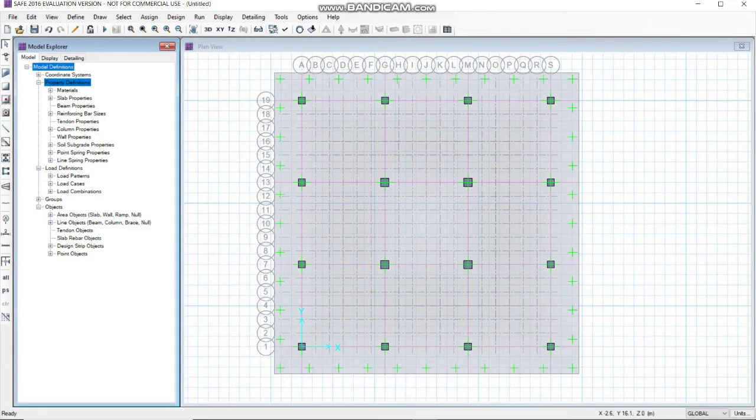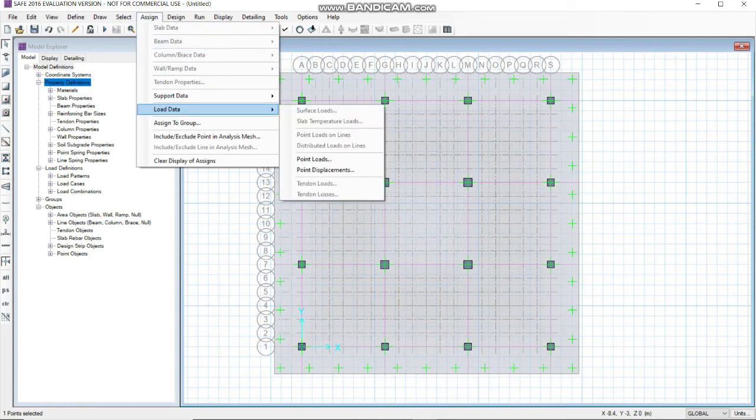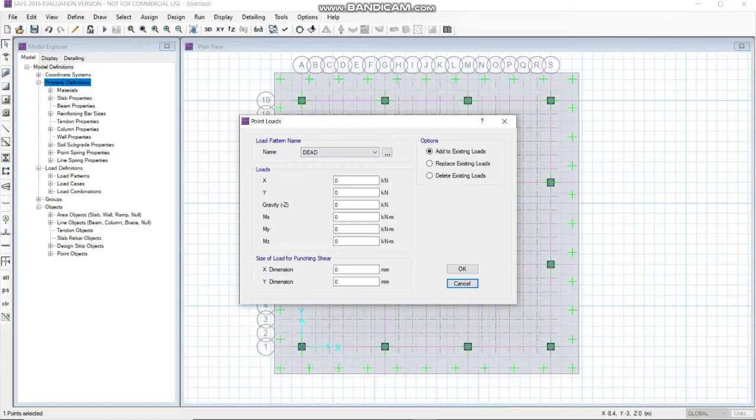Now we are going to assign the dead load and live load onto the columns. Select the point. You can see at the left bottom corner one point is selected. Go to assign, load data, point loads, name it as dead, gravity, C1 1850 kilonewtons, and the dimension as 500 by 500.